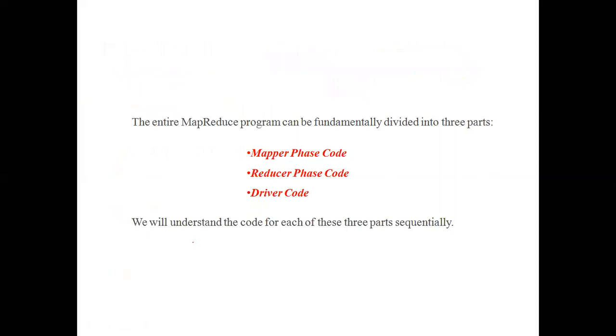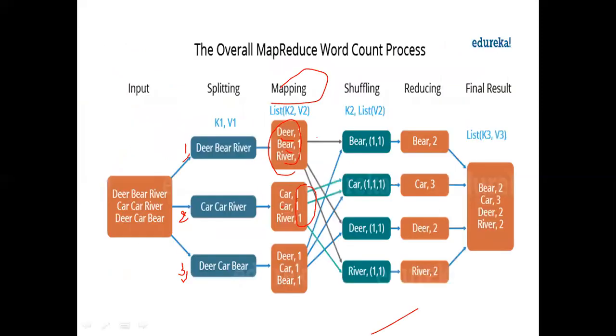See, we will take our example. In the reduce function, what is the key here? Beer is the key. For beer, how many values are there? Two values are there, 1 comma 1. So x dot get will return the first one, and again the second one will be returned. Sum is equal to sum plus 1, that is 0 plus 1, 1. Again sum is equal to sum plus 1, that is 1 plus 1, 2. So when the key is beer, the output value is 2.